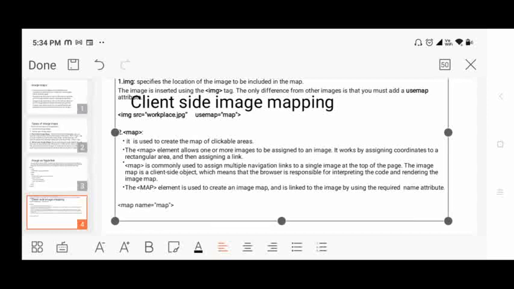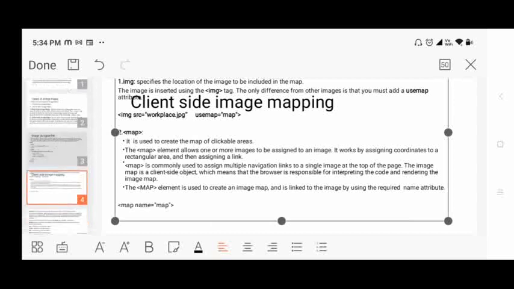Use map indicates that whatever image you are inserting, you can use as an image map. That use map name equals map, and again here map name equals map, so this name should be the same.